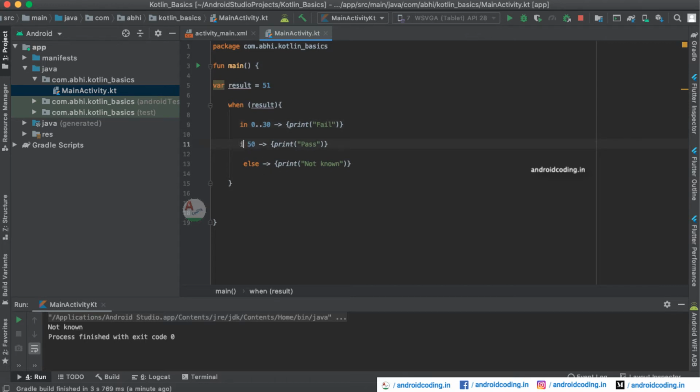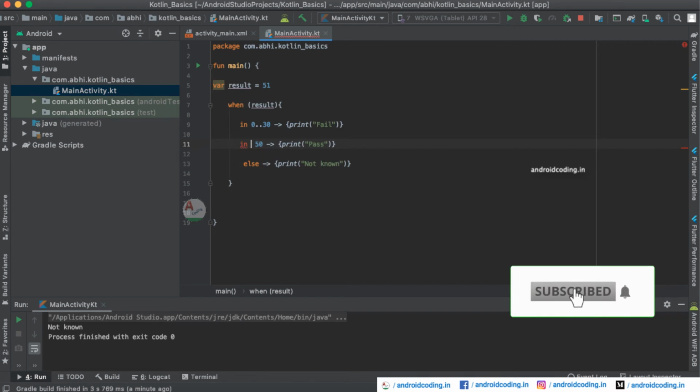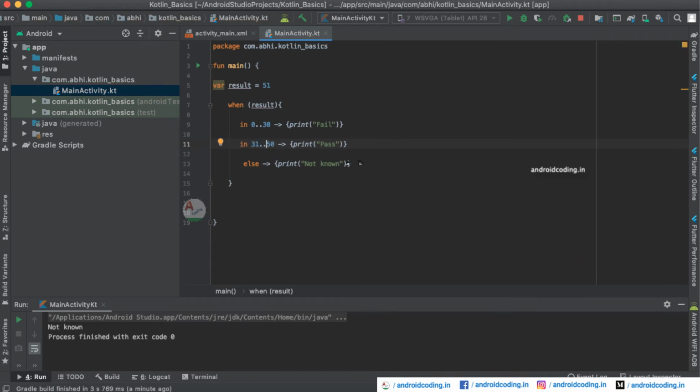And from 31 to 50, we are considering the overall marks to be 50, not 100, and we have provided these two statements here.